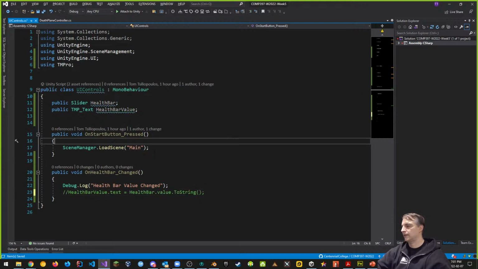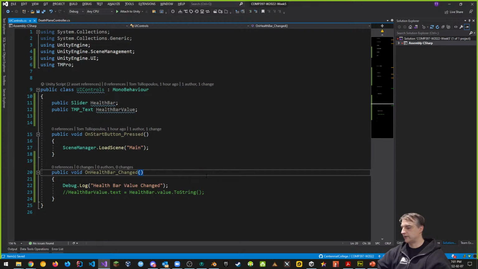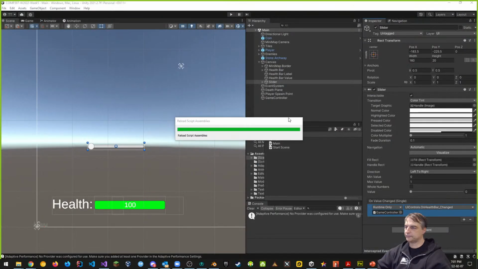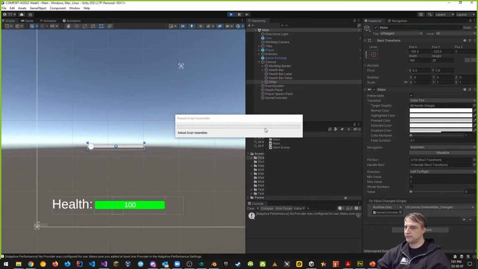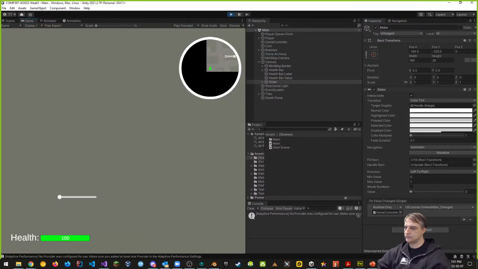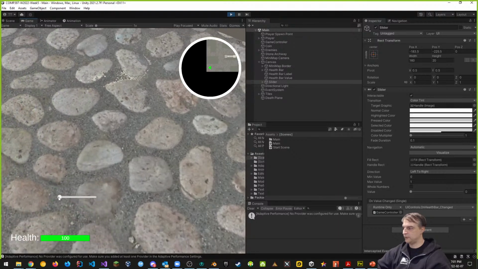Because let's suppose that I don't have these right now. I only want to check this thing here, my public void on health bar changed event. I want to get that working before I do anything else. So let's do that, and press play. And if I was to change this event,